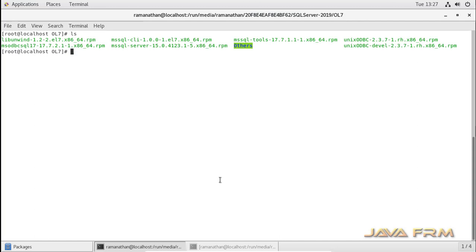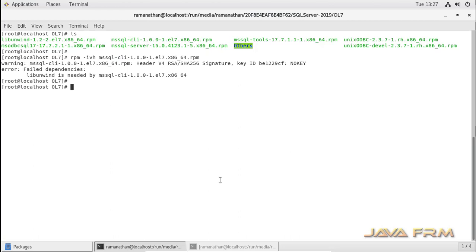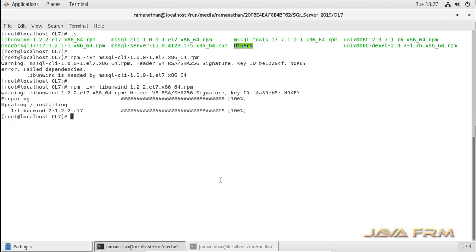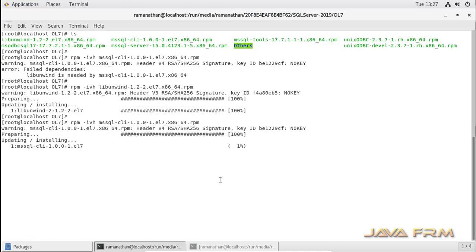Okay, now the next step after installing SQL Server is to install the Microsoft SQL Server command line interface. It needs one dependency. So I am installing the dependency which I already copied to this directory.